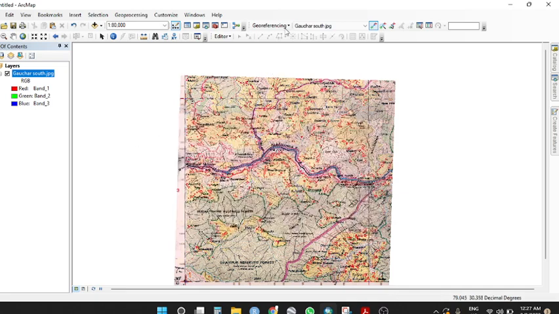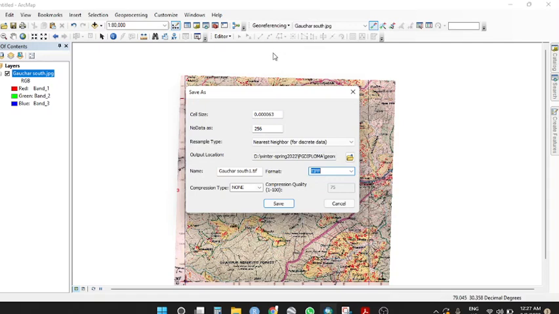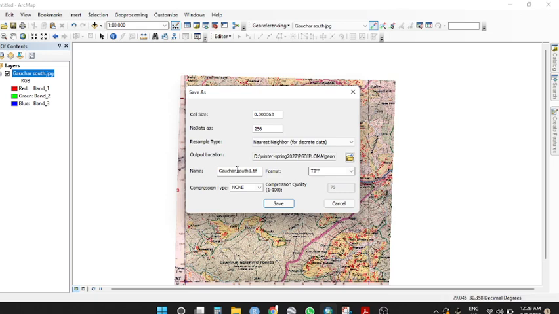I'll close this. Then again we go on georeferencing, hit this little drop down arrow and click on rectify, and this will open this window asking us to save it. You keep the default options for the above two. This is again an algorithm, you can use various. So nearest neighbor is fine here. Output location you have to define. Usually it will take it from whatever data source you had defined here, but still it's good practice to check it. So I'm going to select my folder collection and add and rename this